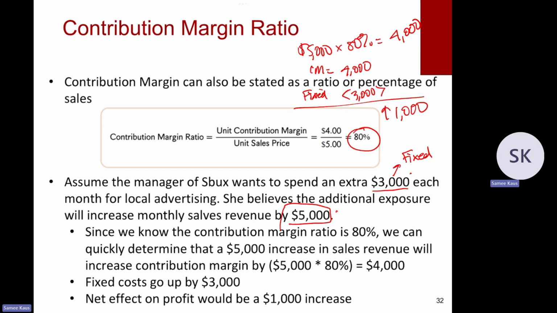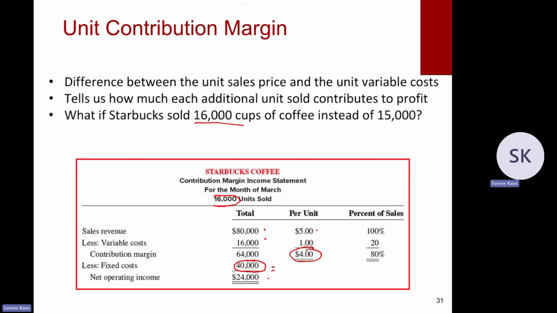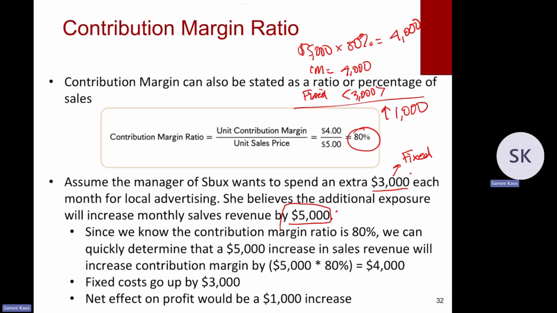So all else held equal, again, why would I not do that? That's going to increase my profit by $1,000. That sounds like a pretty good deal to me. So again, you can look at contribution margin ratios. You can look at unit contribution margin. You can look at total contribution margin. They all tell you the same type of information, right? And it's really, how are my costs changing based on different types of